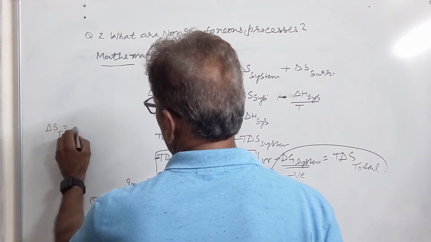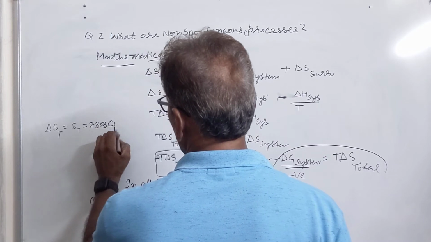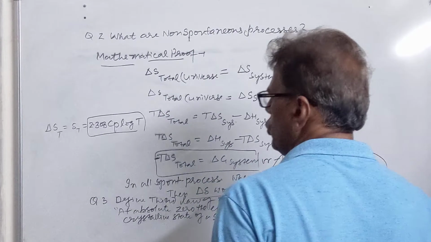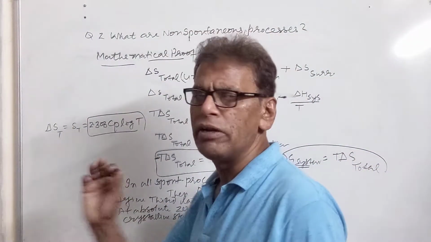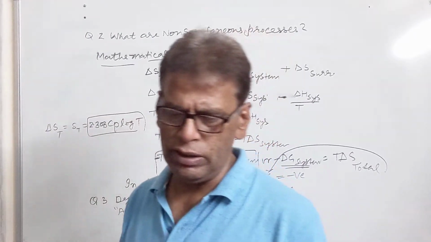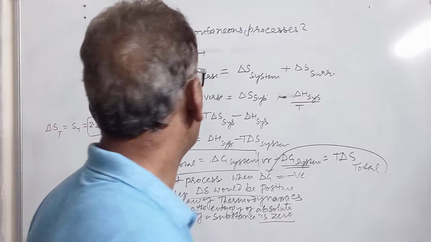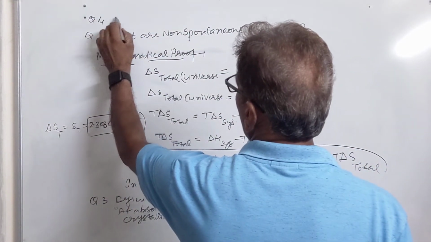at temperature T, or S_T, will be equal to 2.303 Cp log T. Cp we know is the specific heat of the substance at constant pressure. T is the temperature at which entropy change or entropy of the substance is to be measured. So this is our third law of thermodynamics. Then we have a very important definition. Question number 4, define